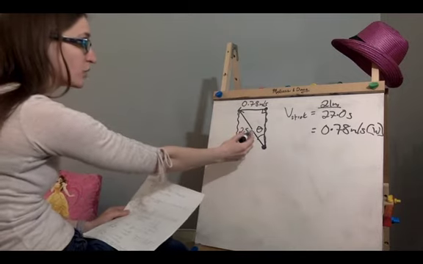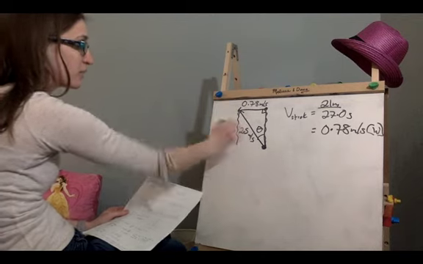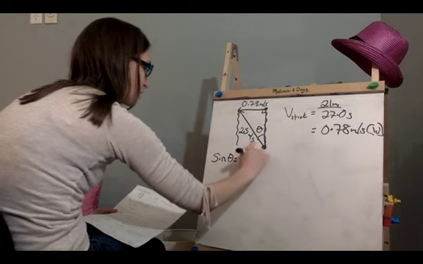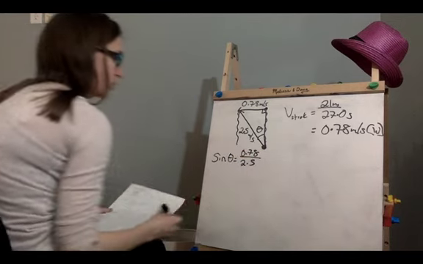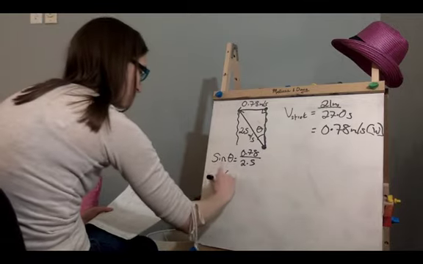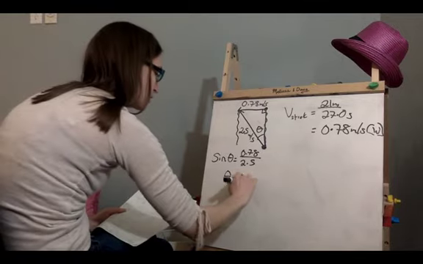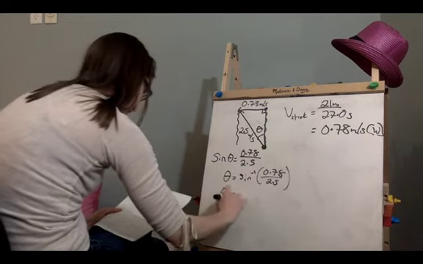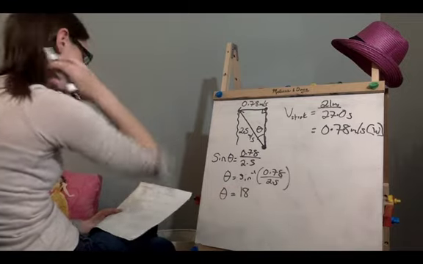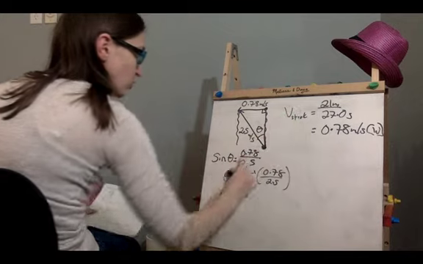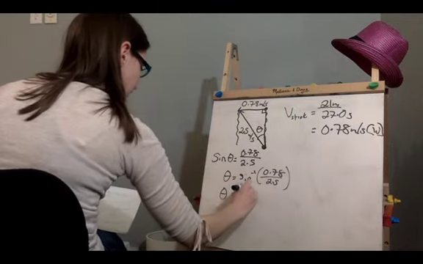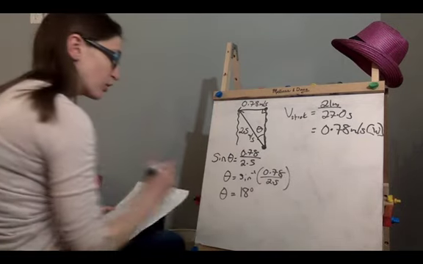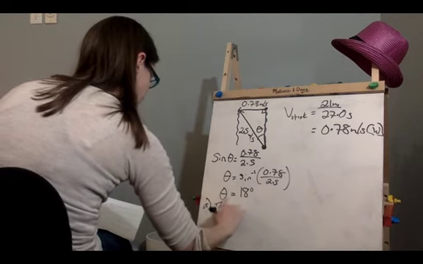In this case, we'd use a sine ratio, because here's the angle we want to find, that's the opposite, and that's the hypotenuse. So we can set up sine theta equals the opposite, which was the 0.78, divided by the hypotenuse, which is the 2.5, and then we just do sine inverse of that. Sine inverse of 0.78 divided by 2.5, and we end up getting a value of 18.18 degrees, but we only get 2 significant figures because of the 21 and the 2.5, so 18 degrees. So our answer to A is that the swimmer is pushed